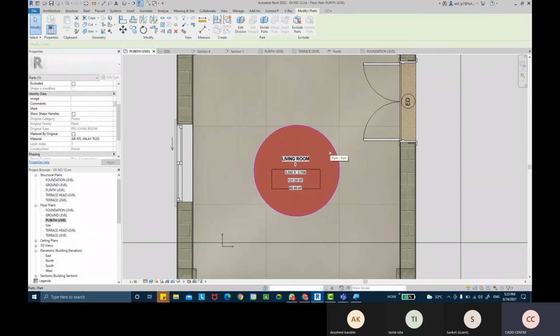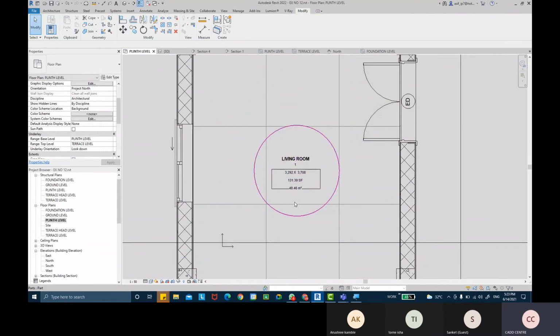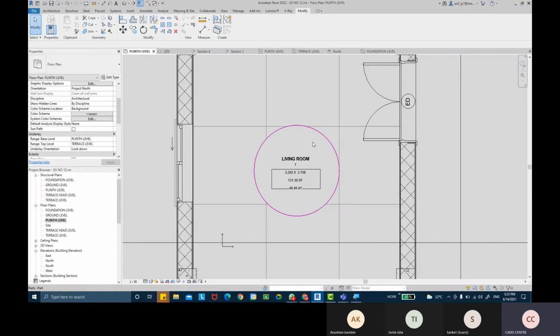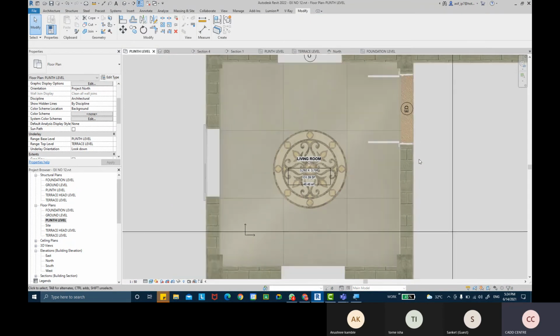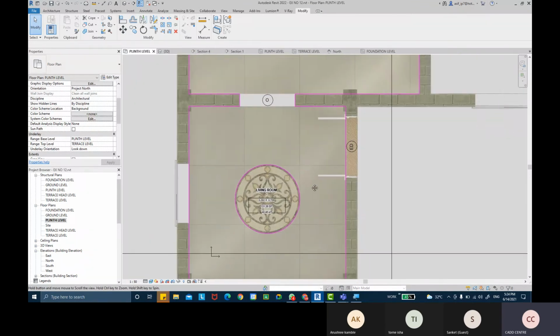Slightly it's not in the center yet. In the center. Spot. Okay, so we got that inlay flooring applied.